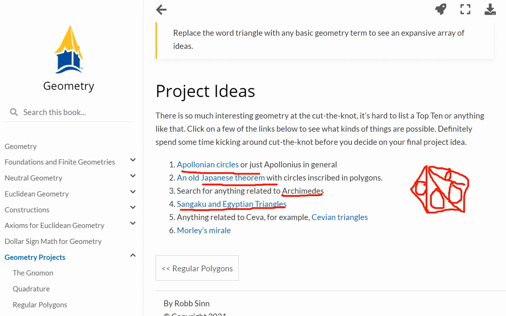Anything related to Apollonius, of course. Morley's miracle, which is a rather interesting idea that's more recent, and Siva. So just throwing out ideas that you can find, and I put some links to them where they're on